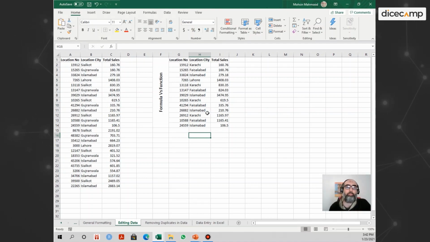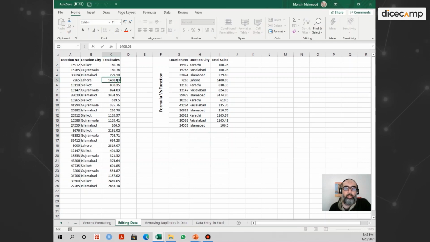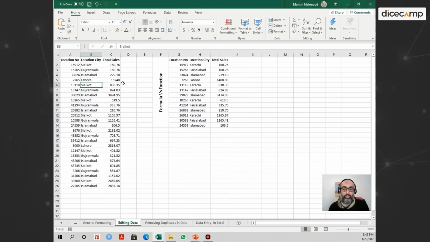In order to do some cell level editing, you can double click on the cell, and you will be able to see that Excel has given you access to the cell level. You can make whatever changes you want to at the cell level, and this is the interactive GUI that I've been talking about, that you can go into a particular cell and change whatever you want to. You can do it over here as well,